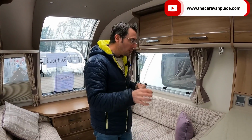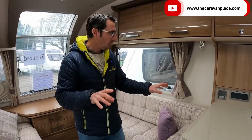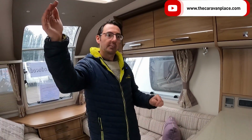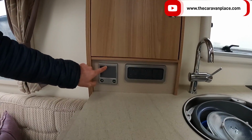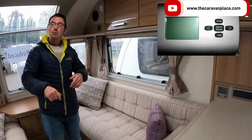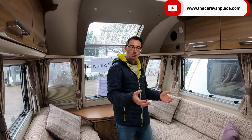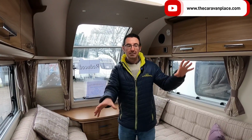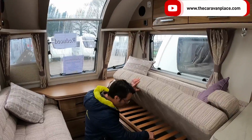Heating systems and hot water systems, so again there's a few different variations on your heating and hot water systems. We're going to start at the most expensive heating system and work our way down. So if they've got a little panel like this on the newer ones, and it's going to have Alde on there, now it doesn't mean your local supermarket Aldi, it means our actual Alde central heating, which is a wet central heating. Now it's like a radiator system that goes all the way through the caravan, so all underneath of the